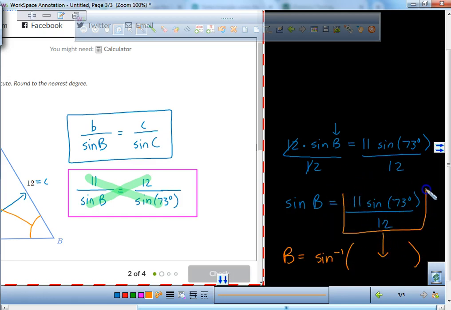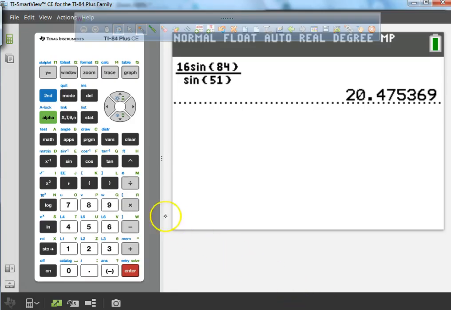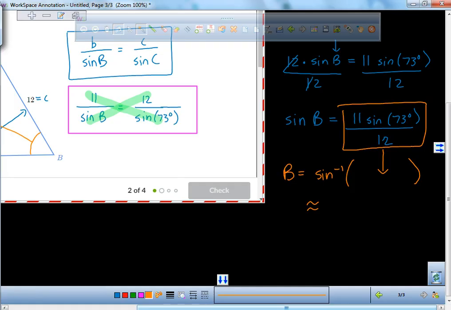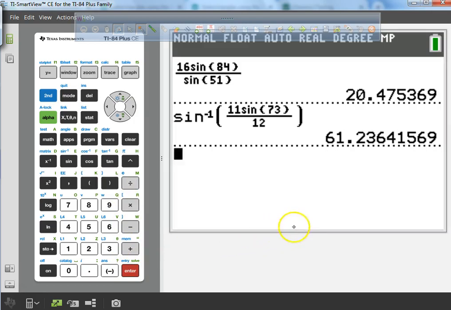Whatever you get right here, you got to stick inside of that parentheses, and then it will give you the approximate value of the angle. So I'm going to go ahead and type this in nice and neat. I'll go to my calculator. I will hit second sine. Then I will hit alpha y equals enter. I'll go back and look at my 11 sine 73 over 12. So I type in 11 sine 73, and I put it over 12, and I close the parentheses, and that gives me